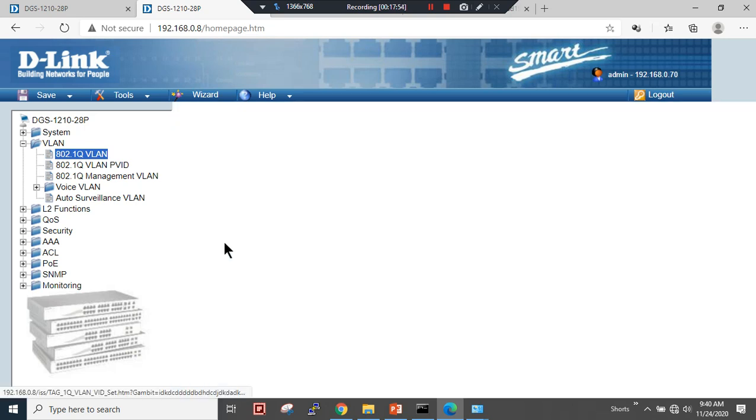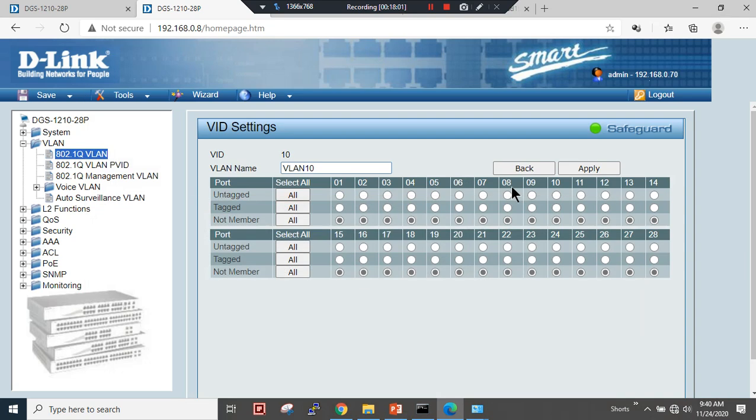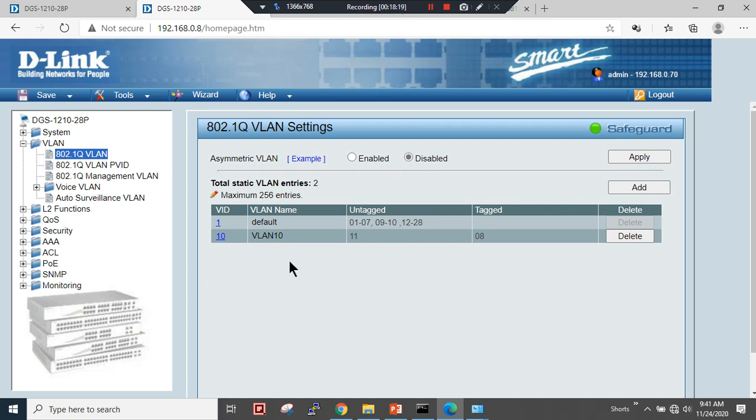So under VLAN 10, as per my PPT, we will make Ethernet 11 part of VLAN 10. Ethernet 11 is untagged, and port 8 I will use as tagged, and I will click apply. Okay, so now we will connect the physical cables to avoid the layer 2 switching loops